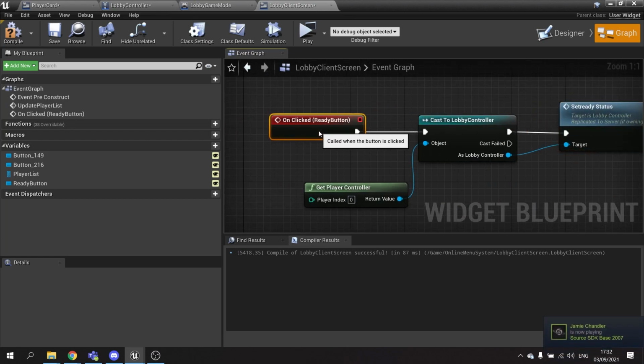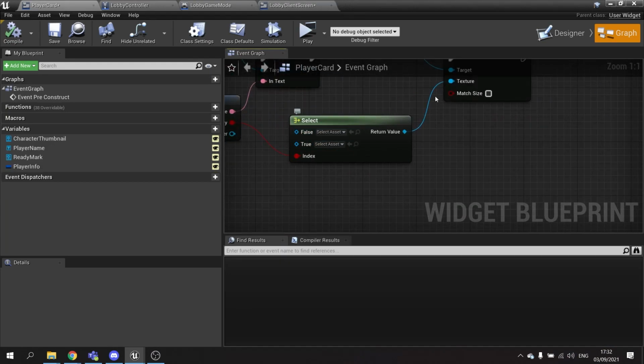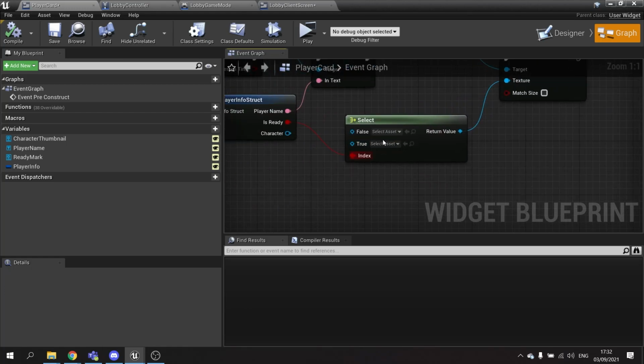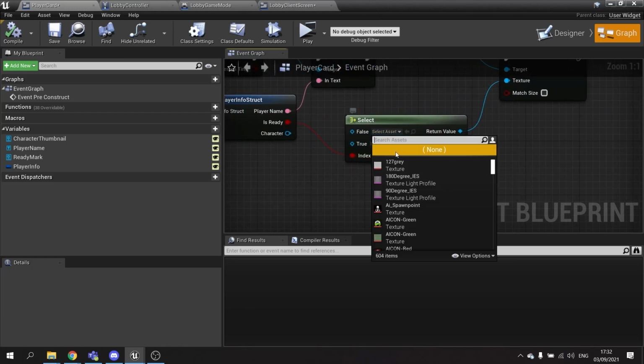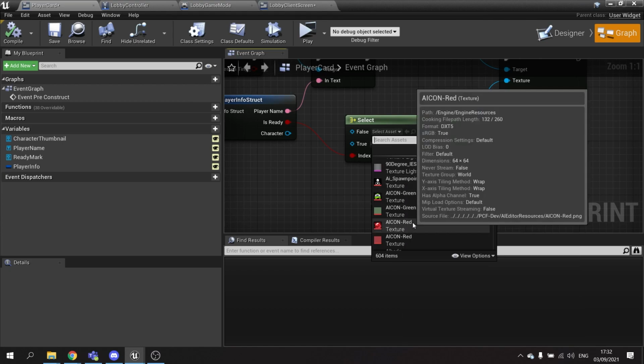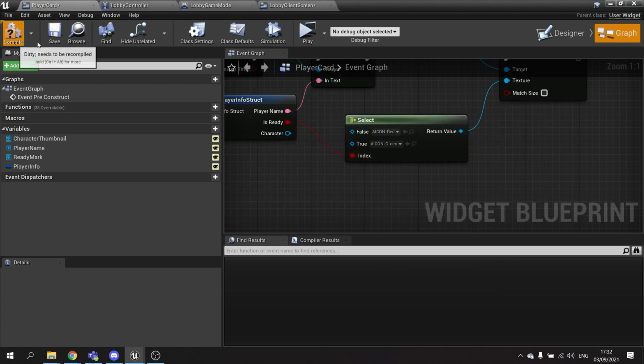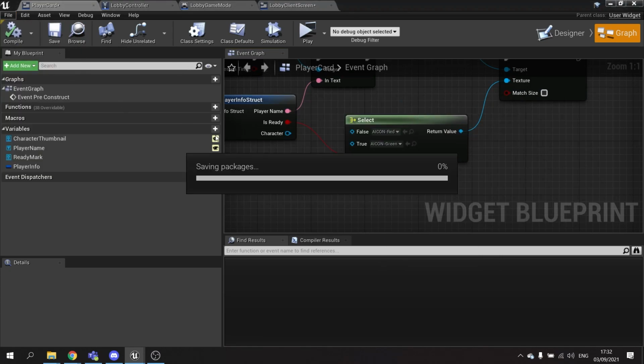Now, to be able to see this taking place on the player card, I'm going to go to the player card widget, and I'm going to change the select here that's being used for the textures for the ready up, and I'm just going to use the default ones that come with the engine for red and green icons here. So if it's false, it's going to be red. True, it'll be green. Okay, let's save everything